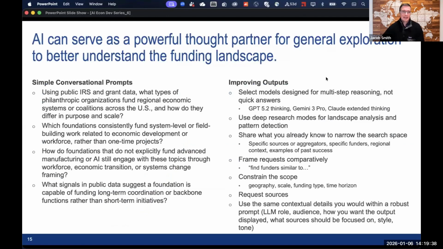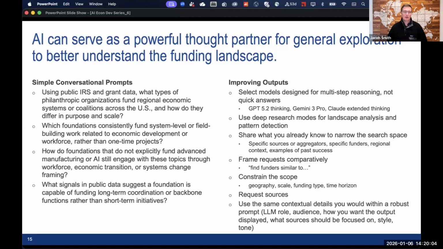So one of the things throughout the sessions that we've discussed is the importance of prompt engineering. And we've talked about the prompt canvas that we've shared previously, which sets out a framework for how you use a model to get the best response. I want to highlight today that you can also get a lot out of these models just through conversational prompting, doing general exploration.